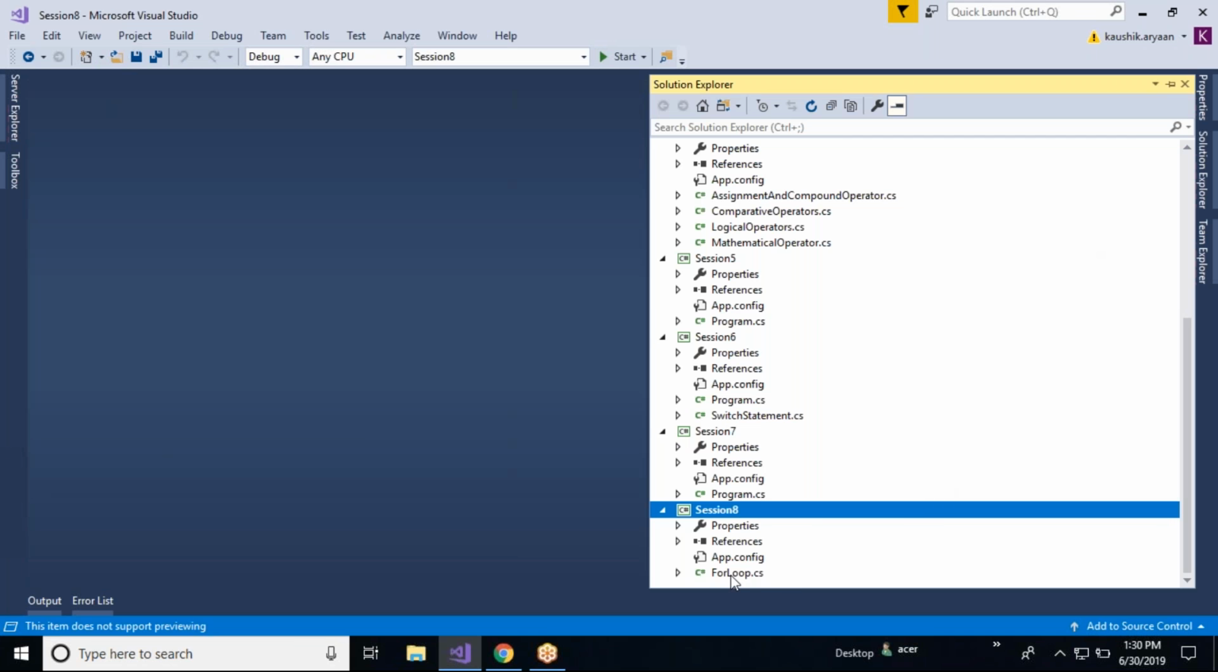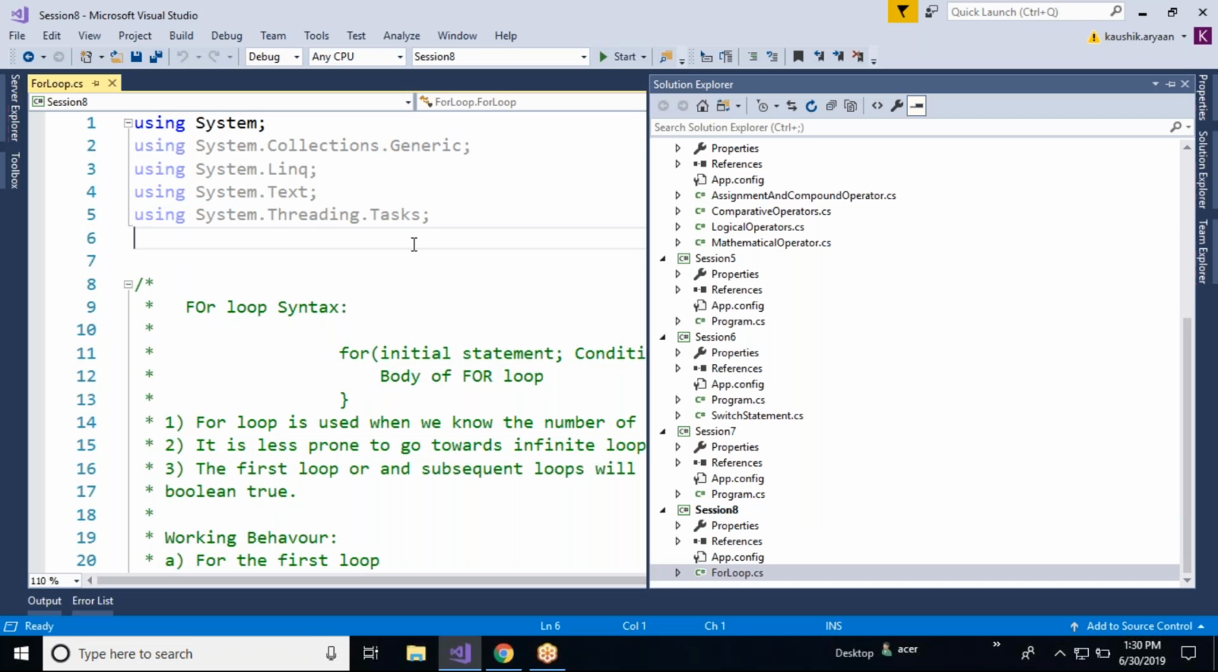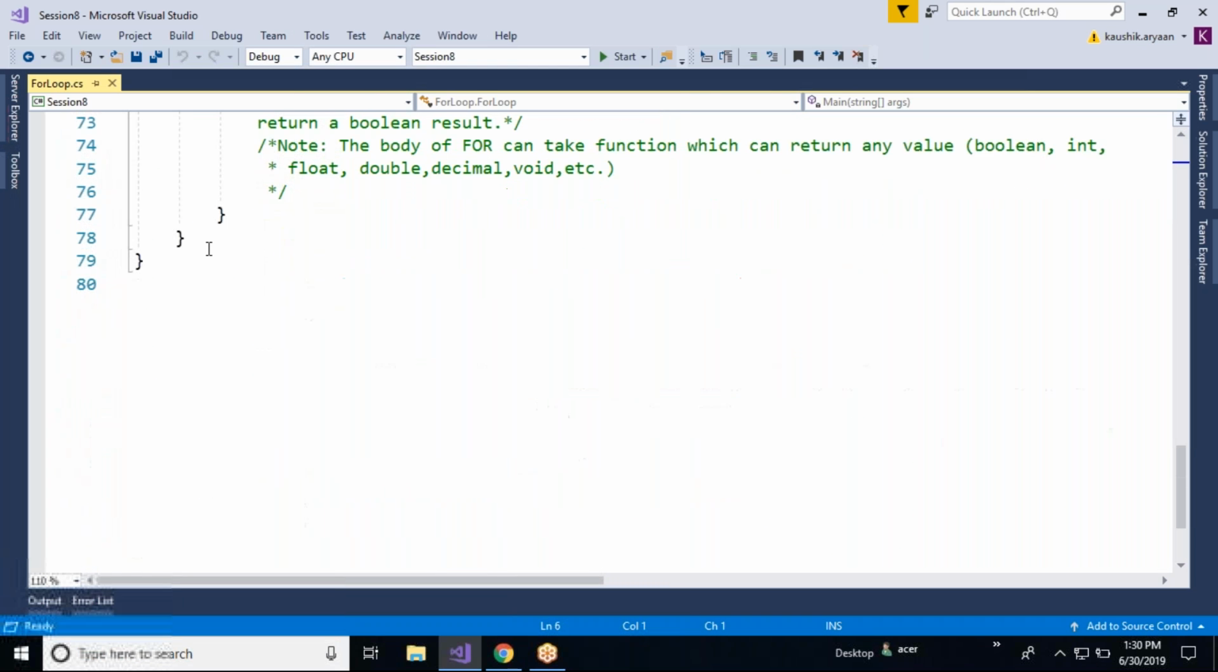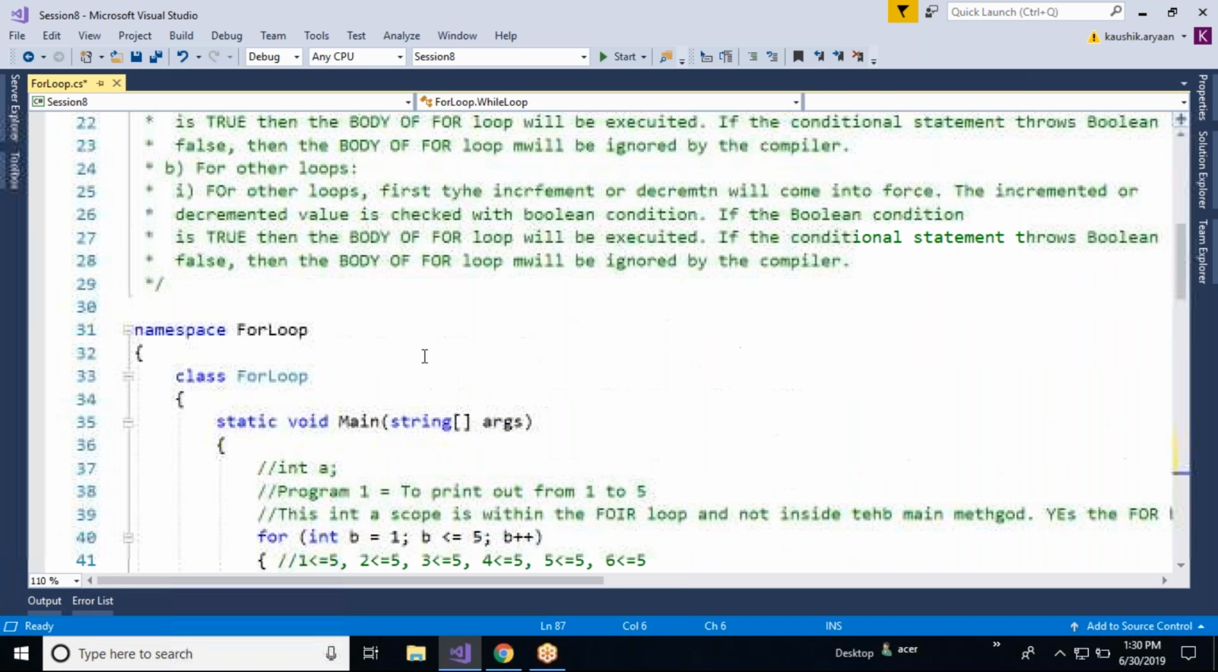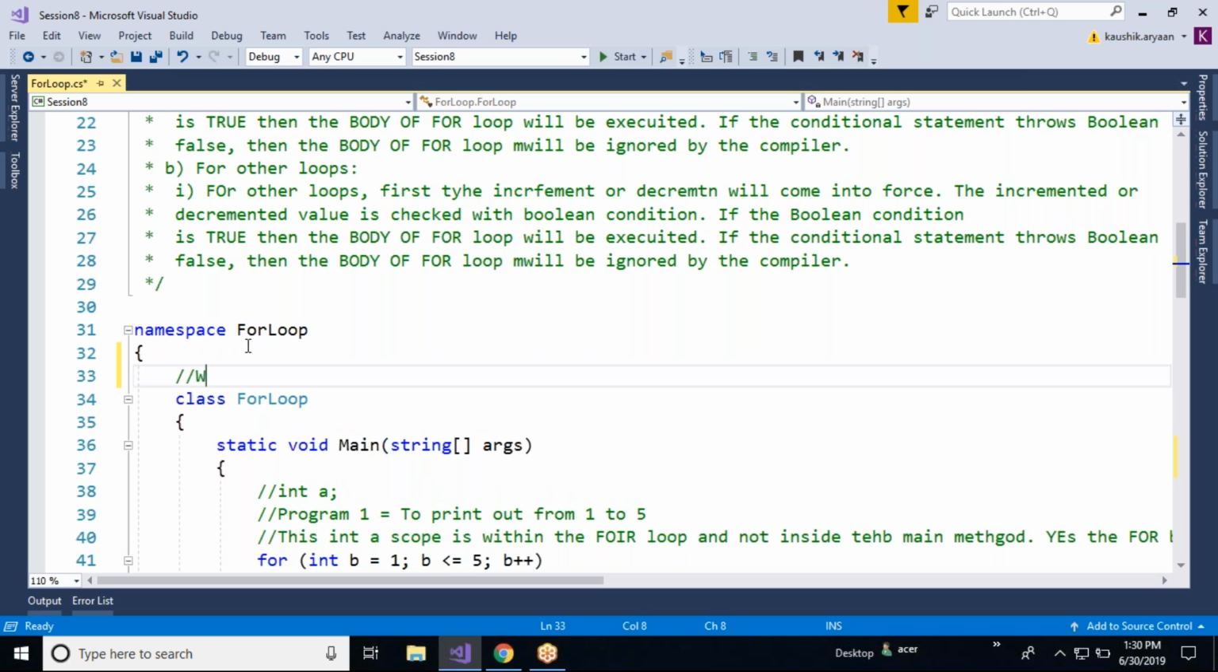Open it once more. Okay, so let's create another. So public means anybody can use it. Now, if you look at this class called loop class, this doesn't have any access specifier. So if we do not see any access specifier for a class, it is by default